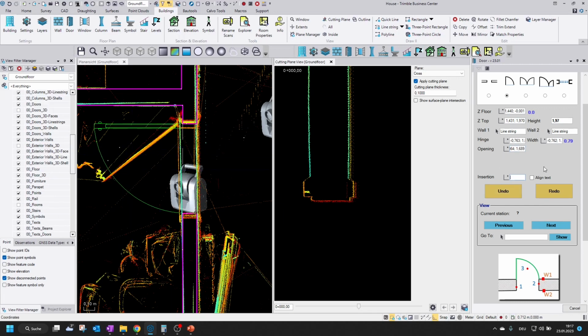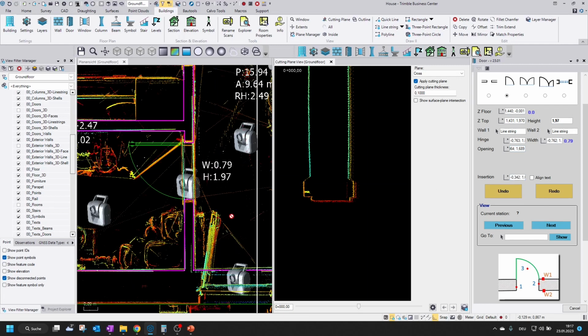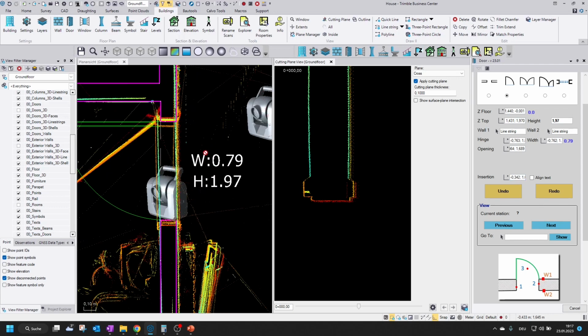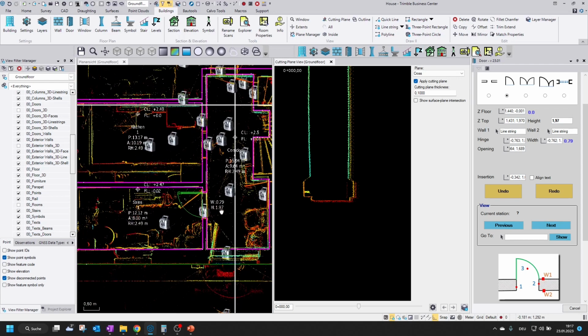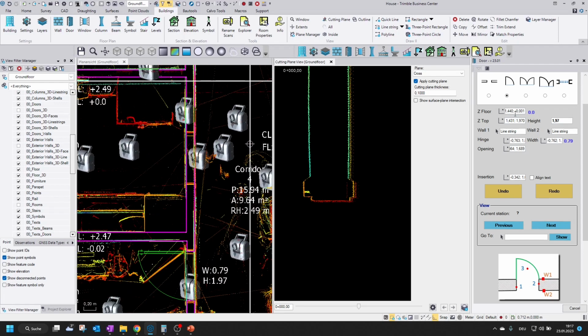And it automatically moves to insertion. Insertion means where we want to insert the door stamp as we define it under settings with width and height, and so on. For example, we want to create here a different one. It's also opening in this direction, so if we need floor and top,